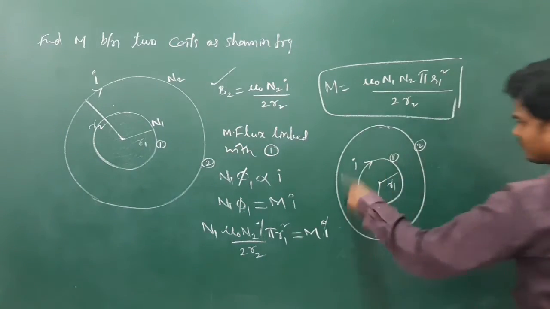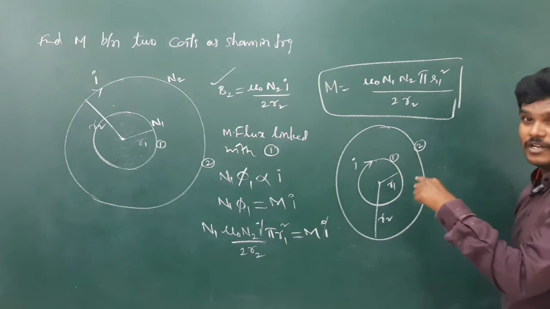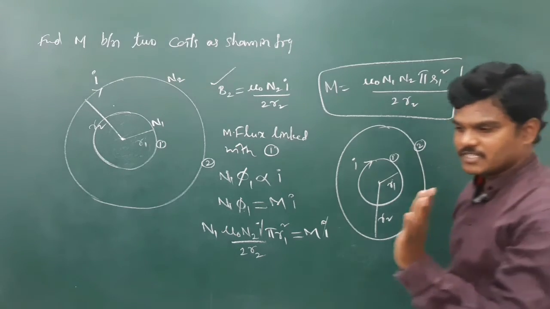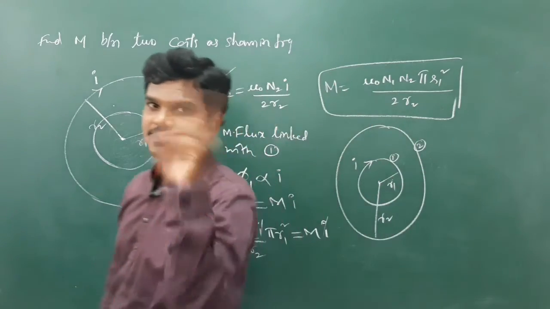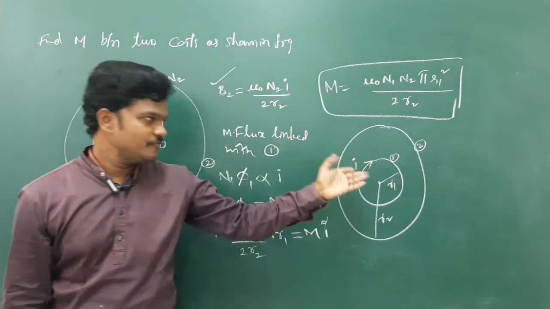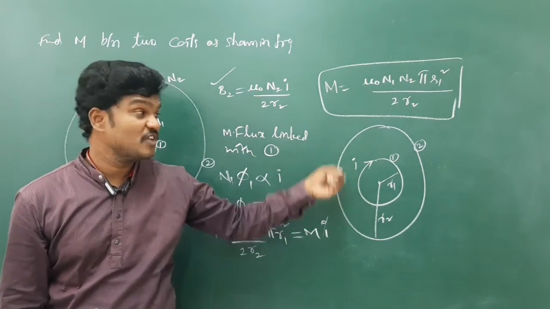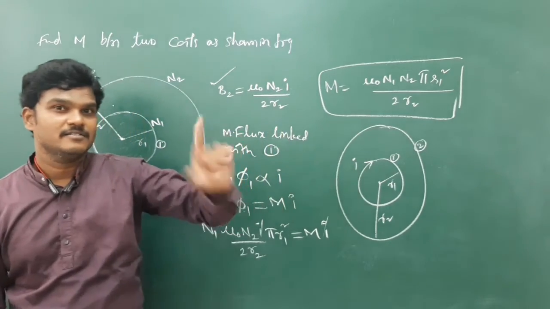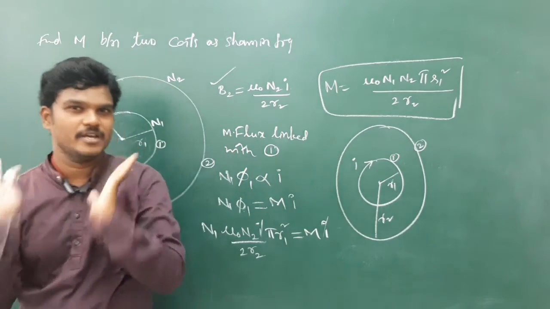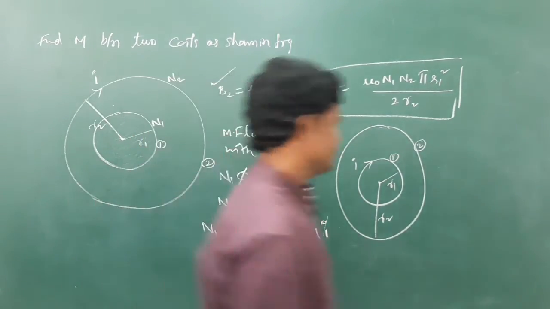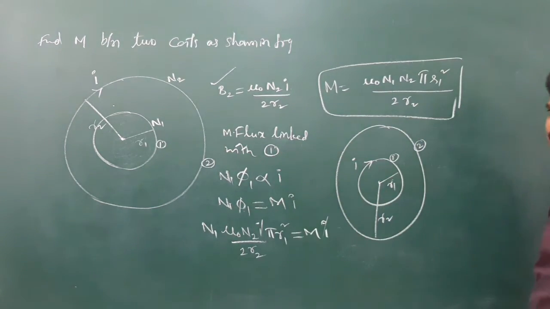Now they given current in first coil. In a mutual induction there are two coils, primary coil and secondary coil. Now feel that current is there in primary. This must be proportional to flux in secondary. That flux is nothing but product BA. Think it. Try to find this one.